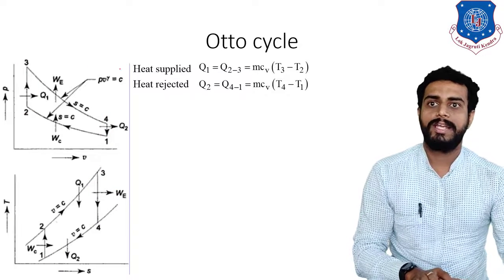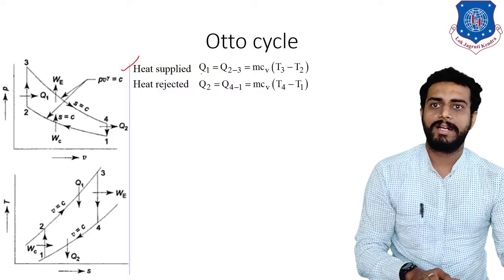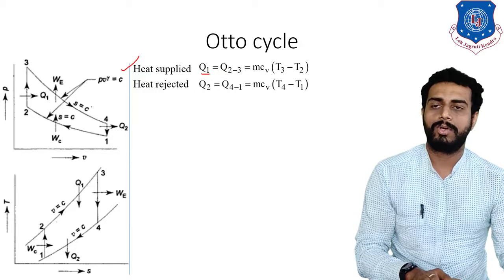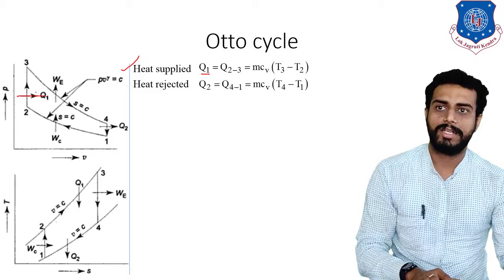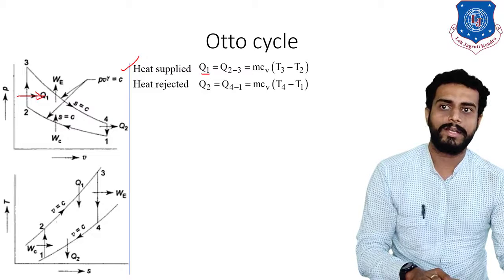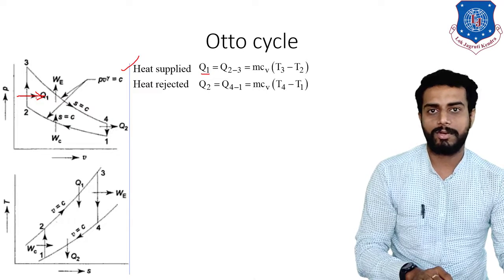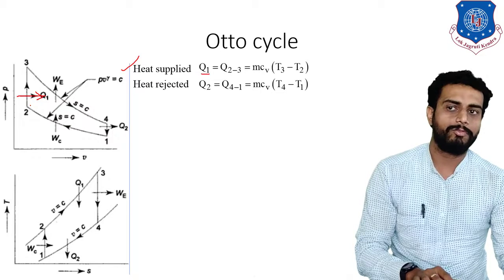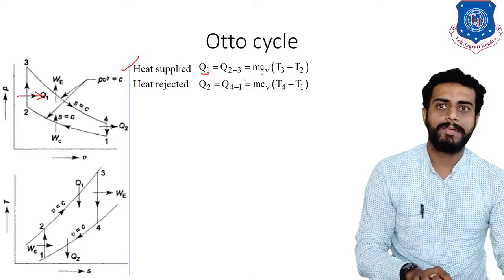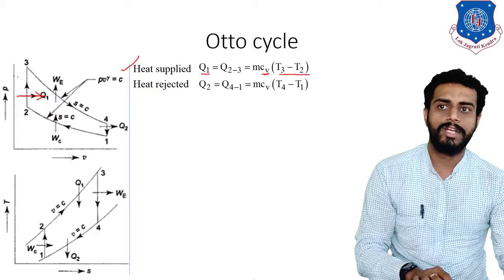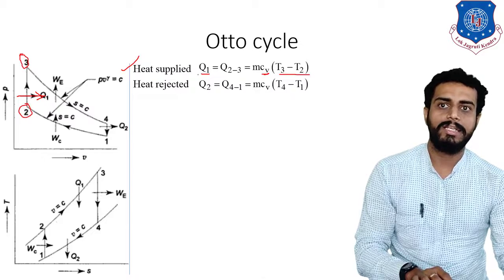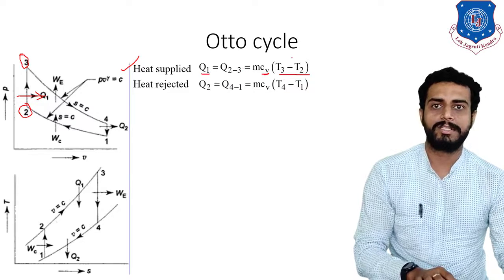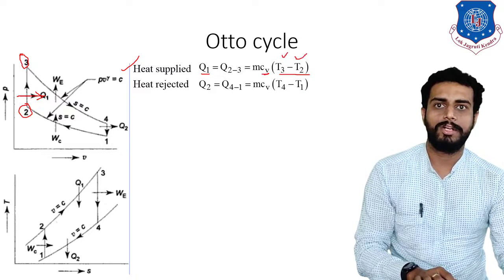So now here, heat supplied. Heat supplied Q1 is equal to what? Now you can see and observe that heat is supplied at constant volume, right? So heat supply is also known as Q is equal to MC delta T. Since it is supplied at constant volume, that is why we will take M into CV. Now delta T, corresponding to the heat supply process, what are the endpoints? 2 and 3. So you will take T3 minus T2. Obviously the higher temperature will be first, minus the lower temperature.